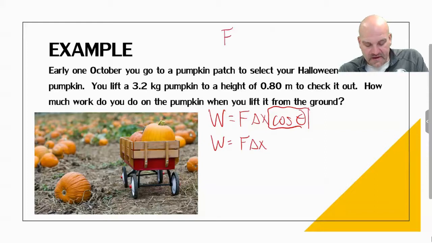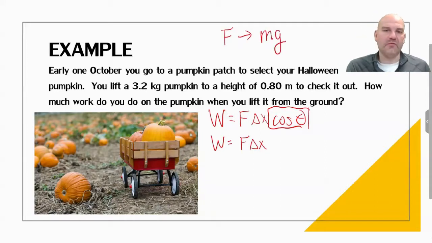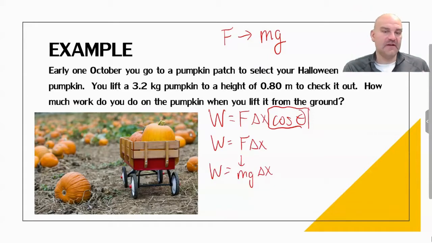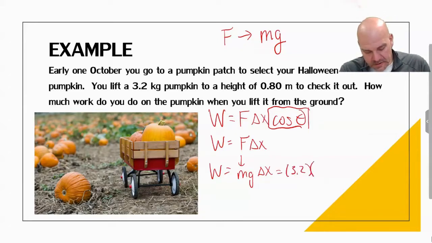Now that F can take on a lot of looks. In this case, the F that we have to apply to the object is the weight of the pumpkin. So what I'm going to do is substitute in the weight, mg delta x, because that is at minimum what we need to lift the pumpkin and get it to move at a constant velocity. We have to apply at minimum the weight of the object. And so now I can plug in my numbers. I have 3.2 times,